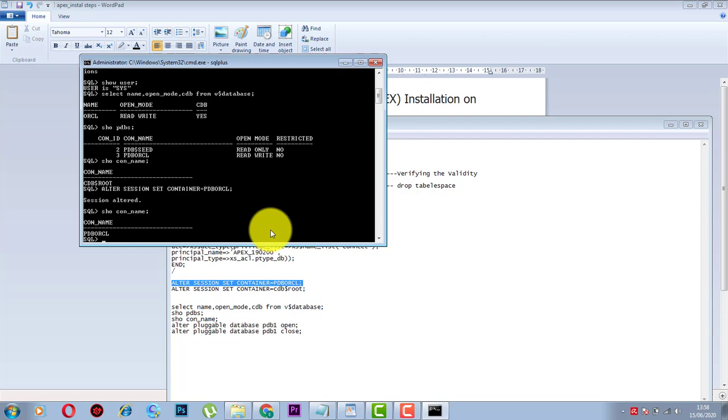You can see the 11G database or 12C or 19C. The main difference is that you need to connect to your specific pluggable database. This is one or two extra steps compared to older versions like 11G or 10G of Oracle database. All the remaining steps for Oracle Apex are the same.